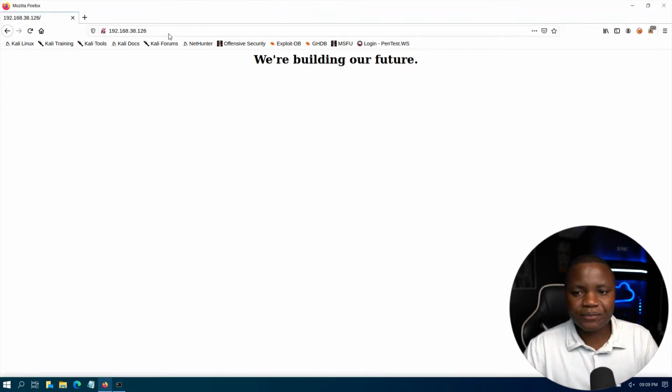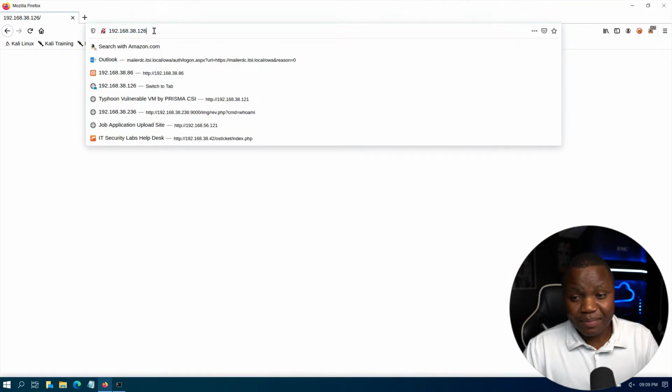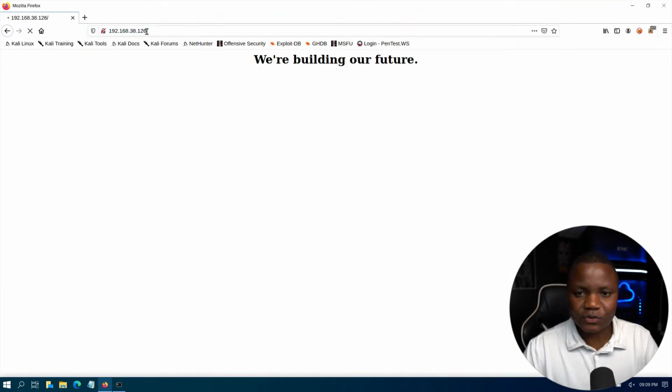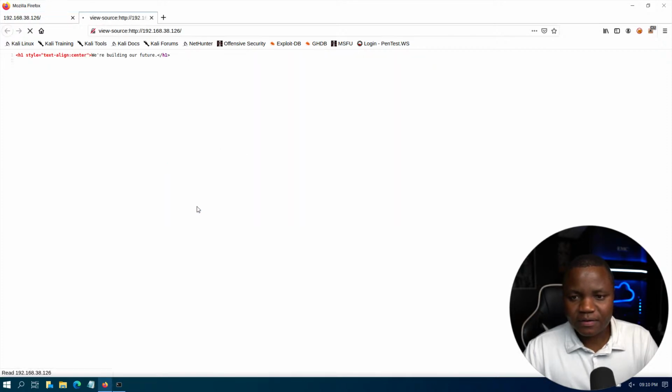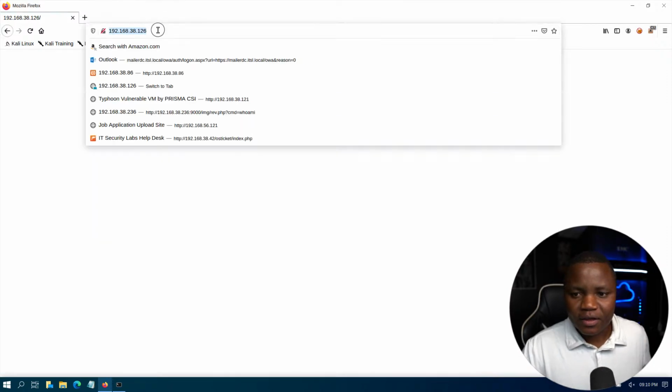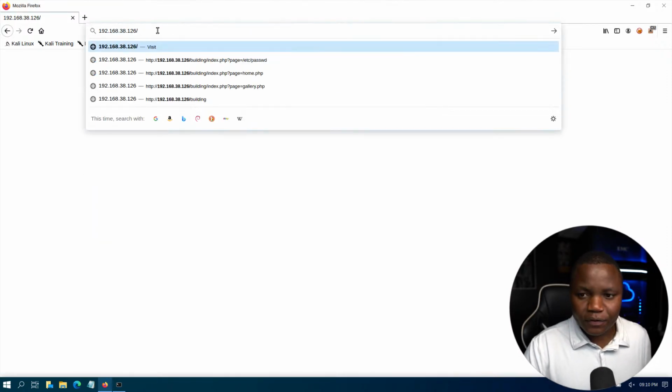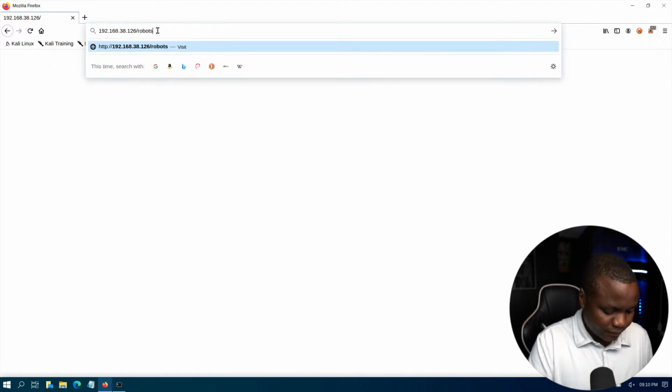Open a browser. If you visit that IP address, this is the site that you'll see. It's just a default site. What I like to do is go to and view the page source. In this case, we don't see anything on the page source, so that's kind of interesting. Usually you see things here. Okay, the default thing to do is go to robots.txt,